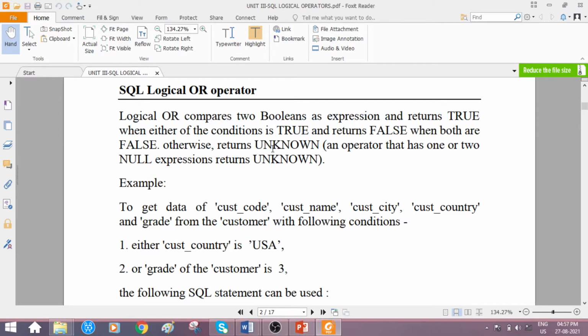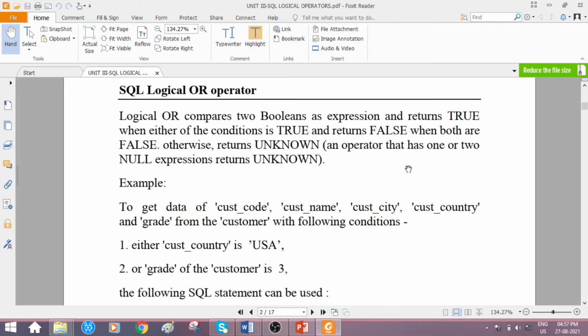Otherwise it returns unknown. What is the third aspect here? Unknown. When the operator has one or two null expressions, it returns unknown. So in the given two boolean expressions, if either both the expressions or one of the expressions are returning a null value, then the operator is going to return what? Unknown.